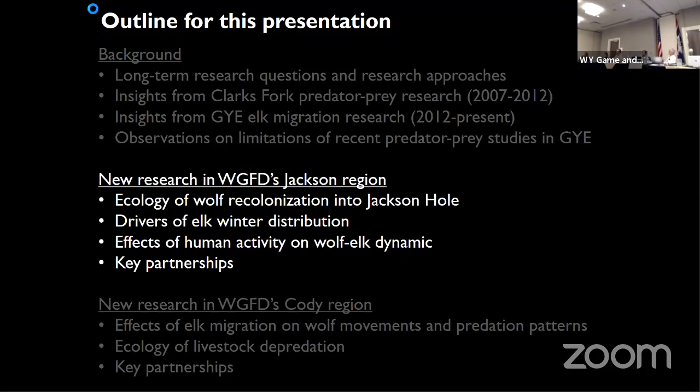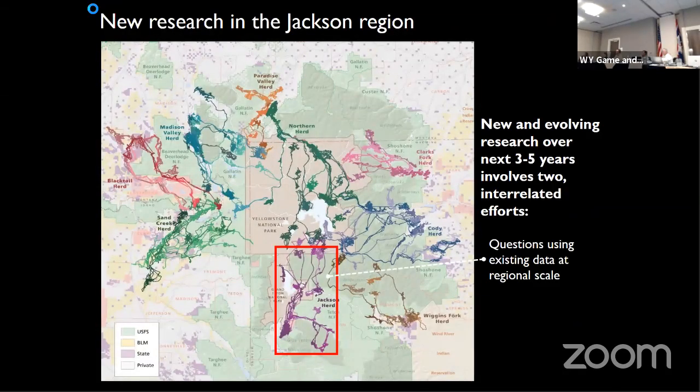So in the Jackson region, the way this work developed was, I'm going to talk about two pieces. One piece on the ecology of the Jackson elk herd, and another piece focusing on the questions about the elk responses to gradients of predation and habitat and snow and other factors in the National Elk Refuge zone, if you will. This developed originally as a collaboration with Grand Teton National Park.